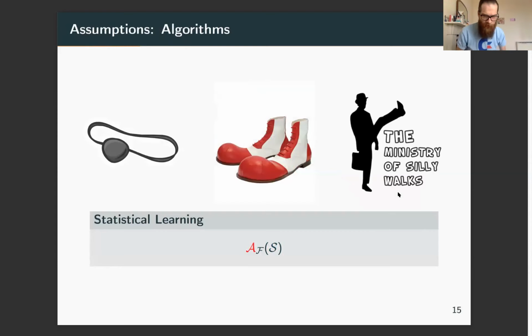Okay, so let's come back to assumptions. We have this object that we were looking for, A, F, S. You can make assumptions about your algorithm, A, so basically how you traverse, how you move in the space of hypotheses, how you search it. This is interesting, and this is a lot of what's happening in the deep learning community at the moment. One way I think about this is that there are certain solutions that I don't want, so I want to tell my algorithm to not find certain solutions.